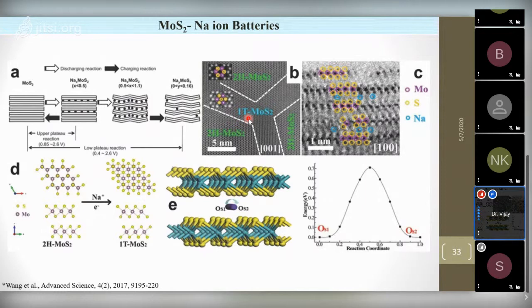Of course, we didn't succeed in making double phases within a single atomic layer, but these are another option. The single 1T phase of MoS2 can provide a pathway for sodium ions to travel. So these are the different phases possible instead of making hybrid structures, an internally hybrid structure made by using different phases of the same material. That's also widely researched nowadays.